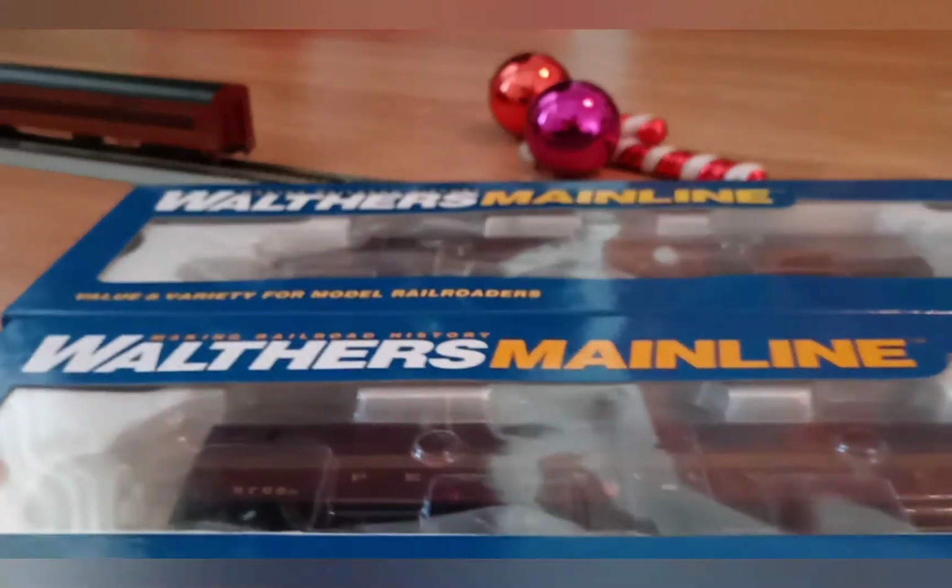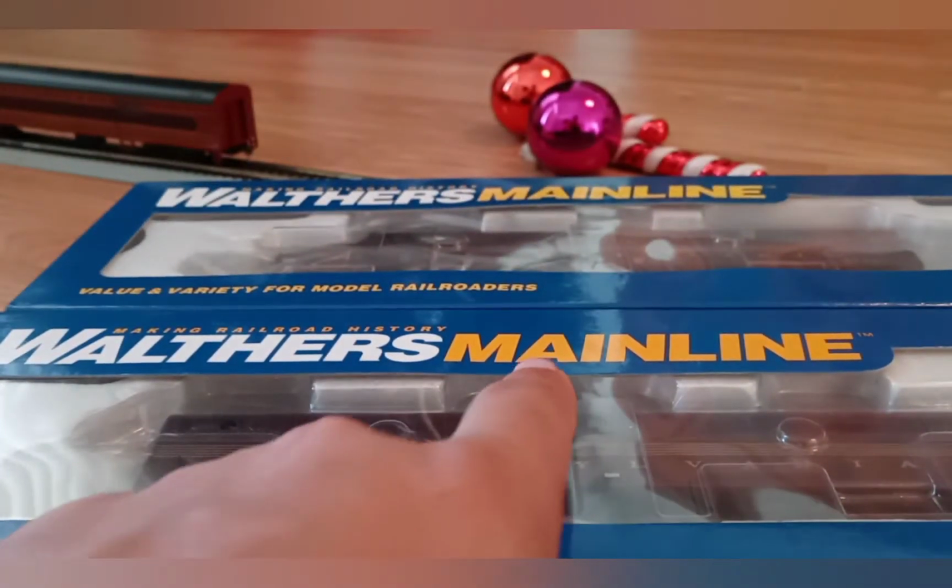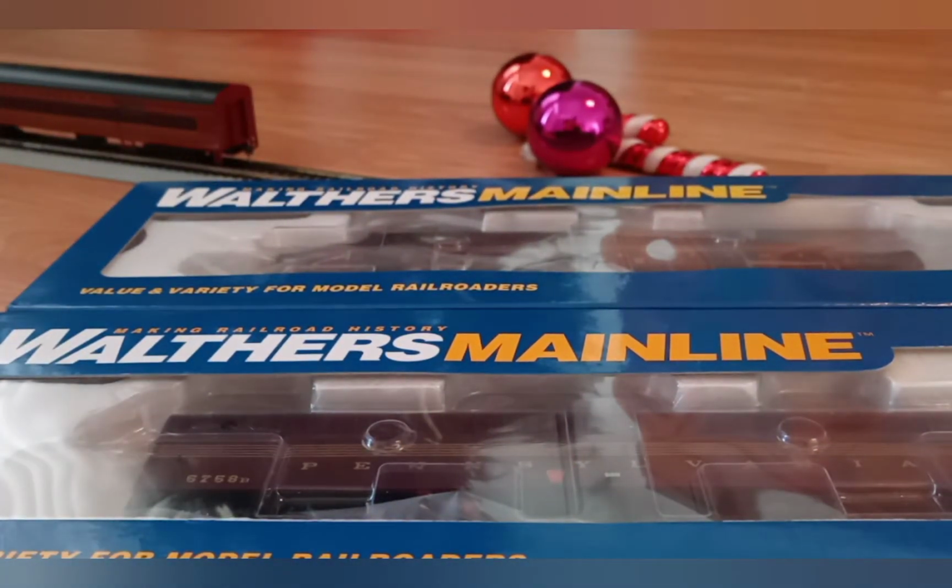I'm going to turn this around. They have a motor inside and a decoder on top of it. And the problem with diesels is that their decoders can heat up faster because of the motor being right under the decoder. And the heat from the motor could sometimes screw with the decoder eventually if you run for very long periods of time. Especially at my train club where we do